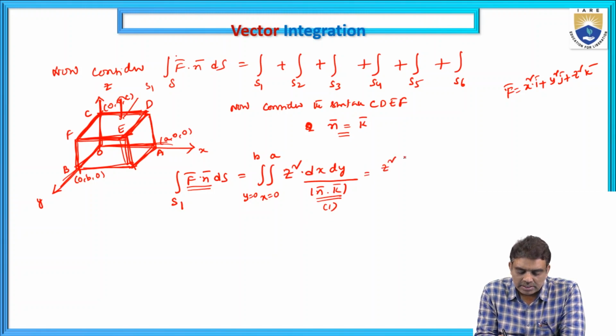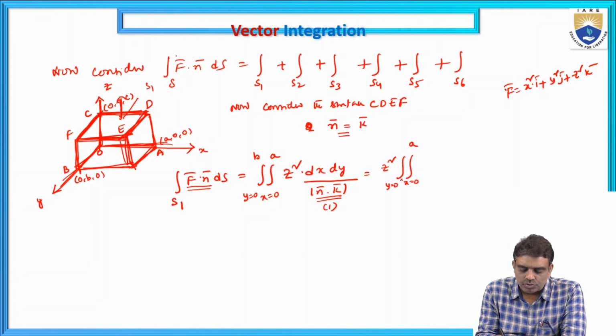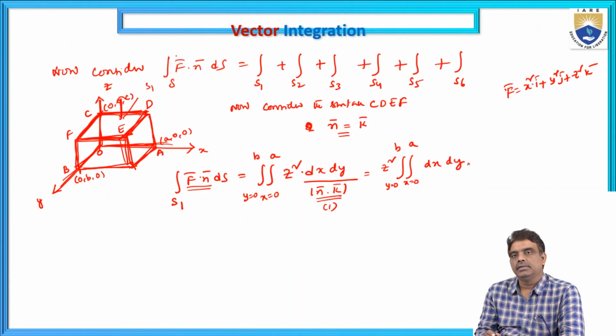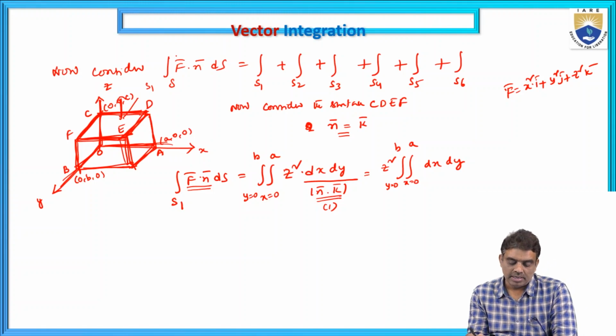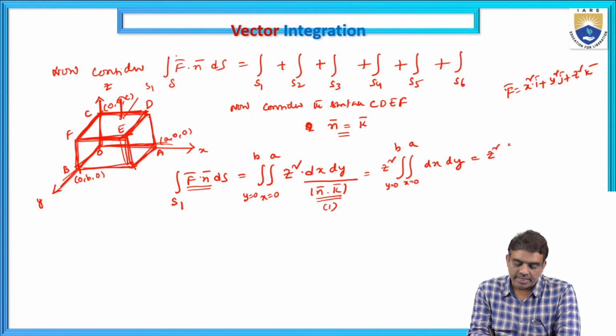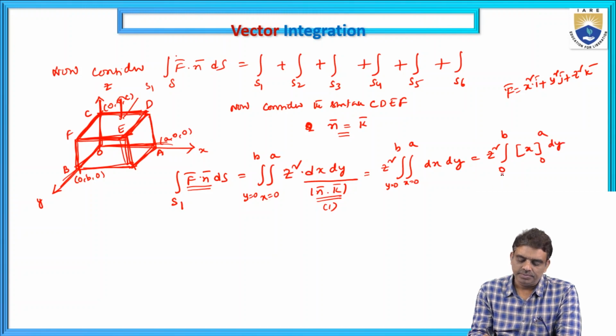Z square is constant, x 0 to a and y 0 to b, first integration with respect to x, then y. Because these are constant limits, we can go in any order. So that is z square into, on integrating first with respect to x, you get x between 0 and a, of dy. So that is z square into a, a minus 0, integral 0 to b dy,